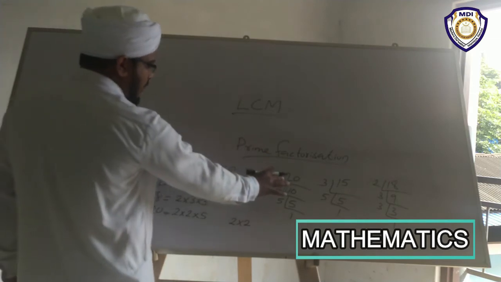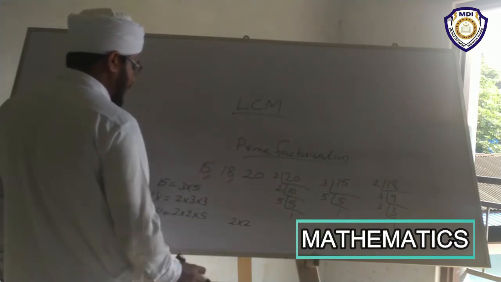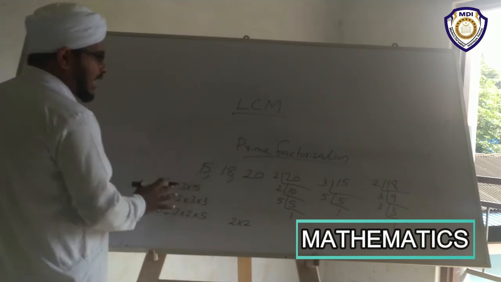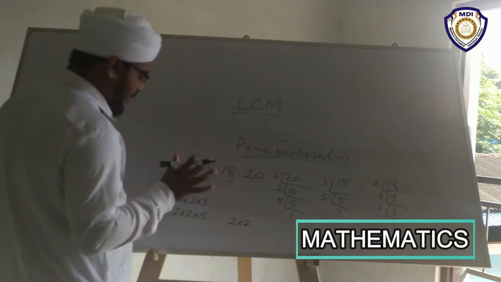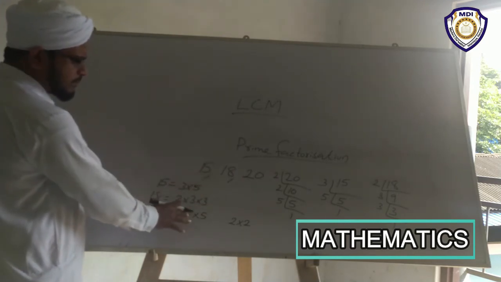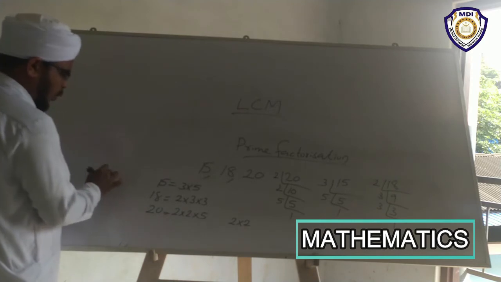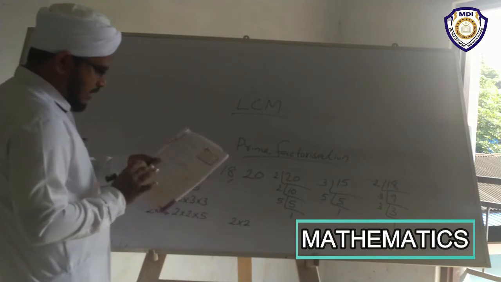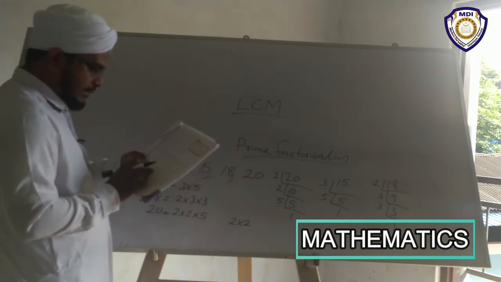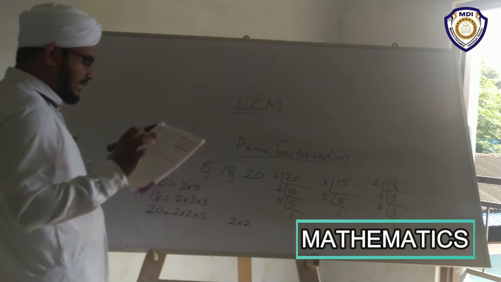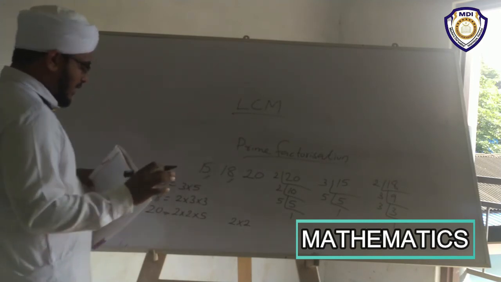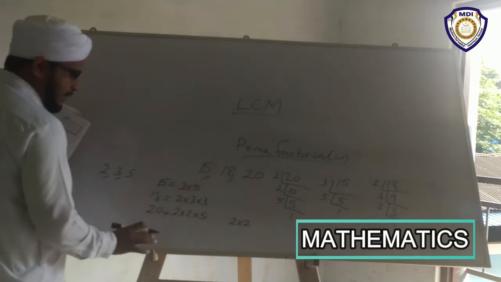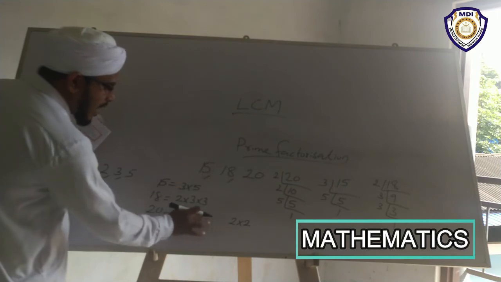First and foremost, we have to factorize by division method. After that, we have to collect the maximum prime factors. Here 3 prime numbers are there. Which are they? 2, 3, 5. Next step, collect the largest number of times each prime number occurs. Largest number of times of 2: here 2 times, here 1 time, here no time. Then these 2 times we have taken.